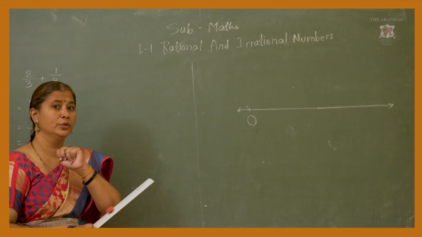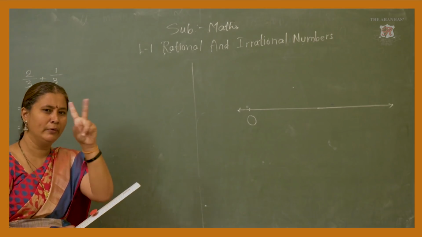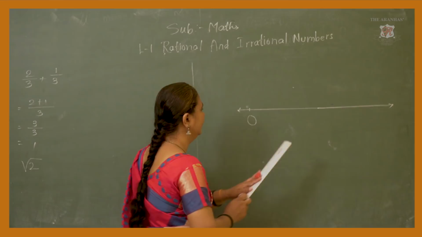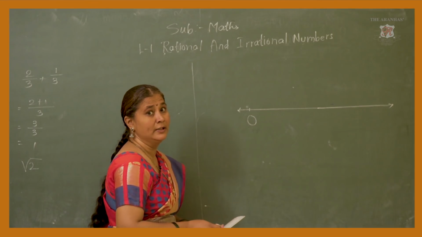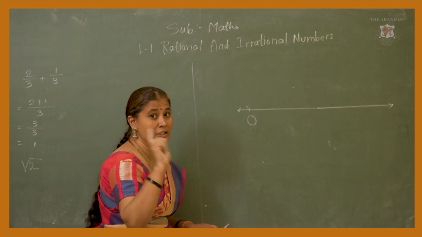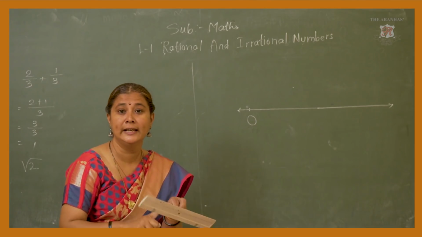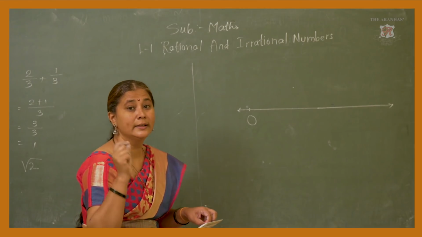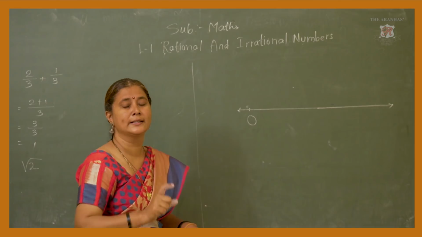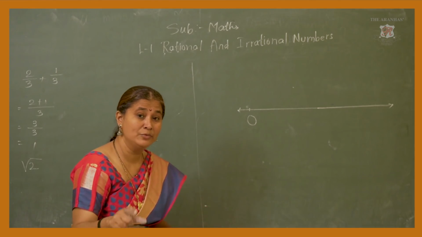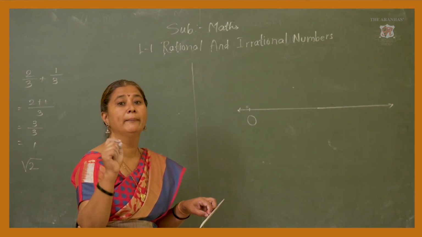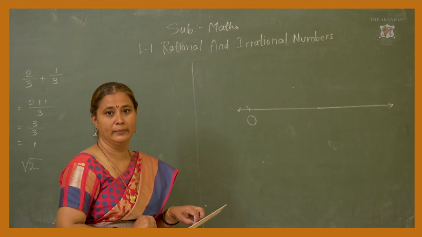So, to get root 2, we have to take the number 1 only, isn't it? So, from the origin, on a convenient space, means where the number 1 we have to take, isn't it? It is not 1 centimeter of your scale, or there is no unit. So, we have to take a convenient distance, so that the diagram is neat and you can show the number root 2 properly on the number line also.